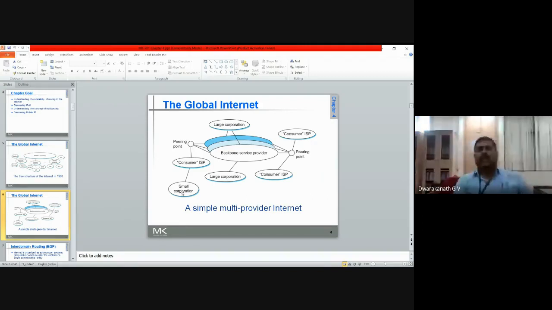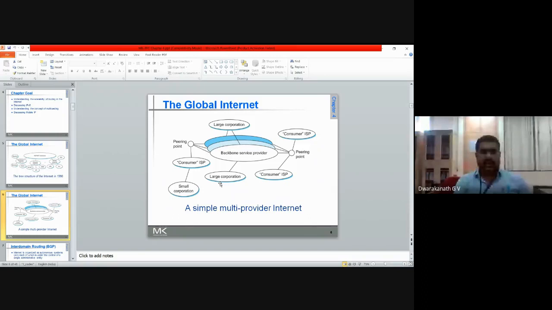For BMSIT, a small corporation, we will go with an ISP provider. So the ISP provider is the one who gives to individual persons and small corporations. Now, if you see this multi-provider internet connection, then you will get the concept of the global internet very easily, right? So in this way, in a country, the internet distribution will be done.